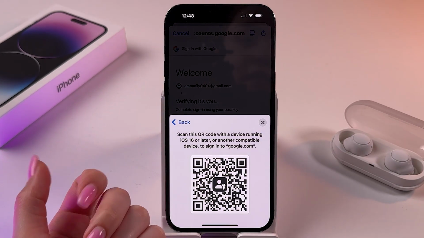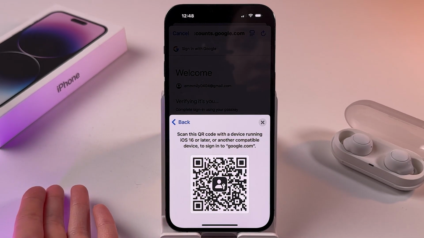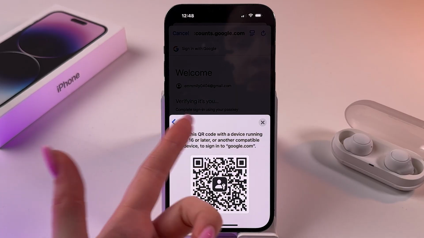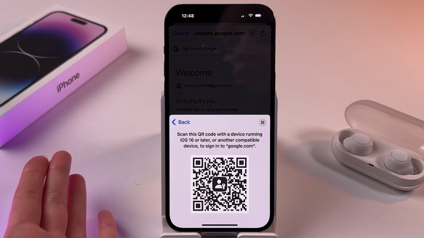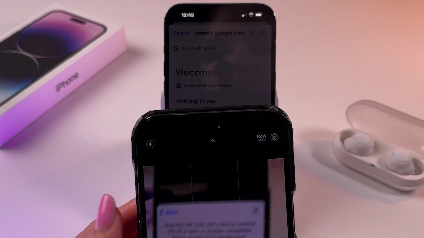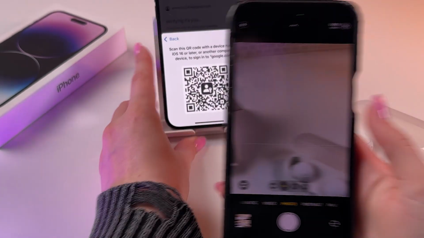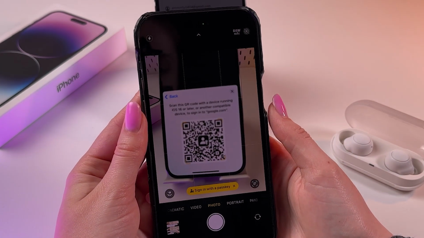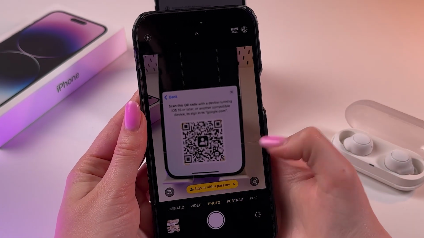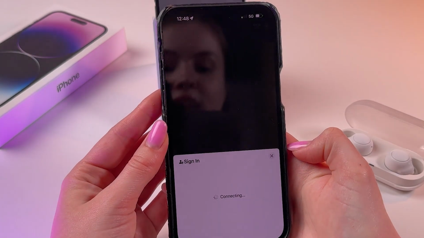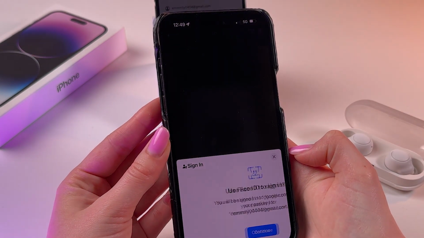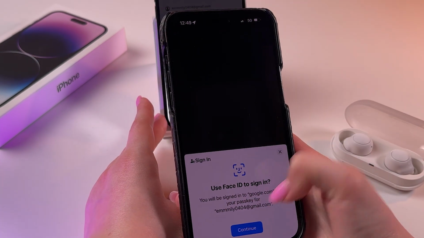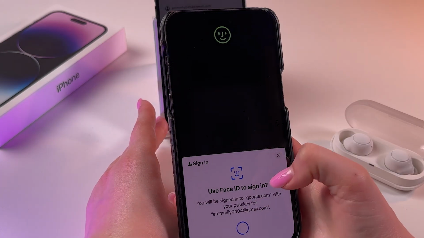Sometimes it can ask to sign in via this QR code, so you can scan it with another device running iOS 16 or later, just by opening the camera like that, scanning the code and tapping this orange option, Sign in with passkey. Now select to use Face ID to sign in,